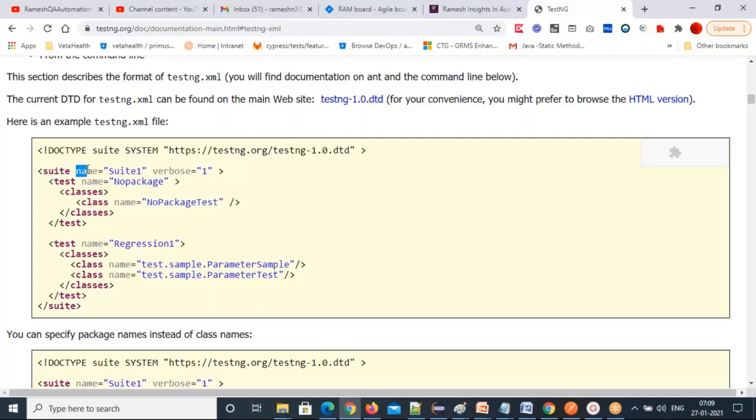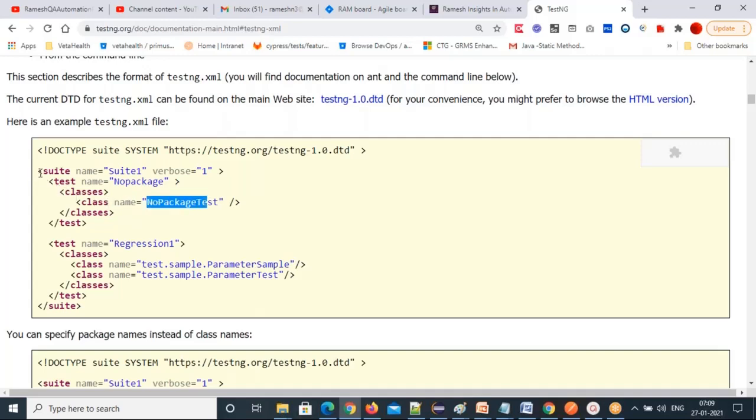Then the name attribute and its value, the verbose value, and the test tag with name equal to the name of the test, then classes and class tag. Class name equal to the package and test name.